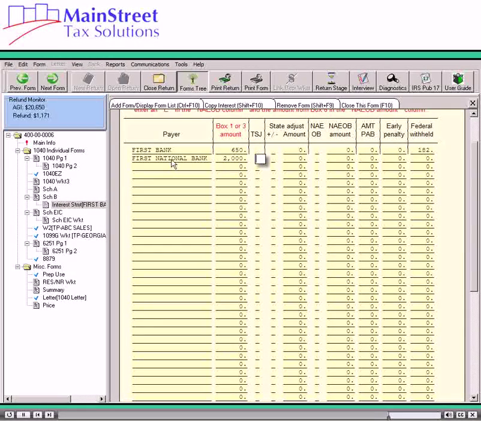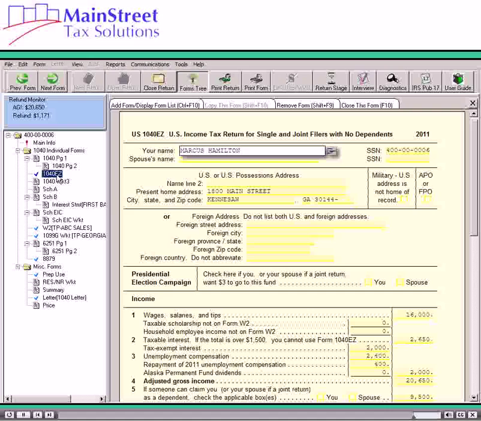In the NAEOB column, we will enter E to show that the interest received is tax-exempt, and then enter the amount of non-taxable interest received in the NAEOB amount column. This informs the software of the non-taxable amount of interest received. The software will then calculate the amount of non-taxable interest to Form 1040EZ, page 1, line 2, in the section